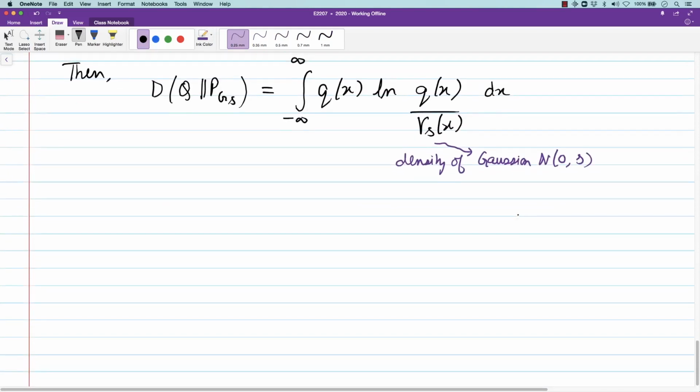Okay, so that's what this is, and we can expand the log. So this Gaussian density we can write as, we know what this is, e to the power minus x square by 2s divided by root 2 pi s. Correct. So when we substitute that and take this log here, what we get is half log 2 pi s plus expected value under Q of x square by 2s. This is for this denominator part, and then minus